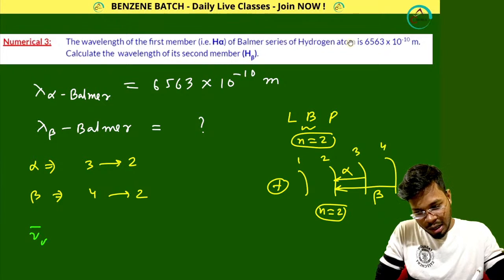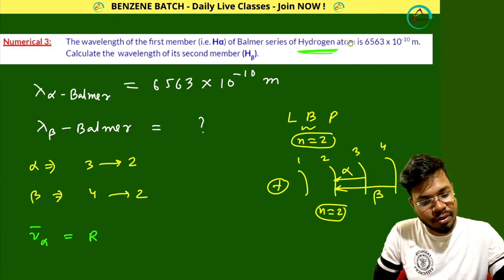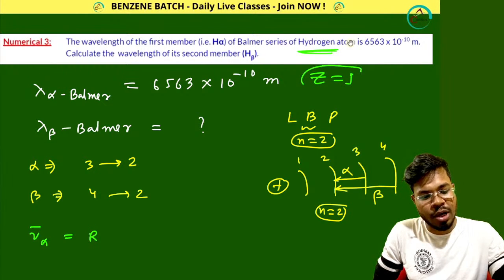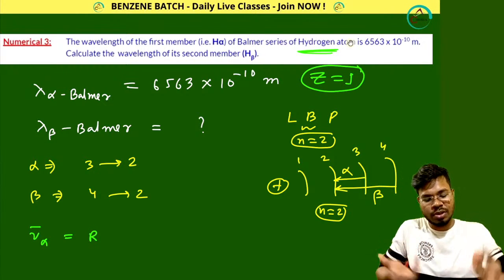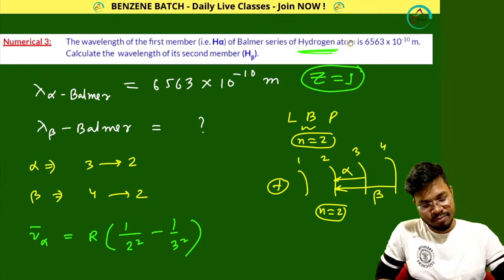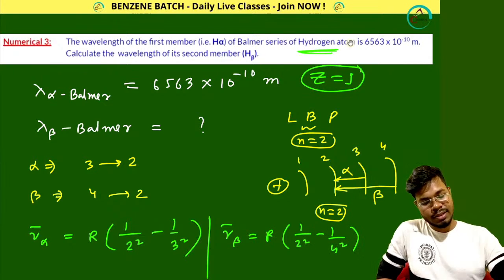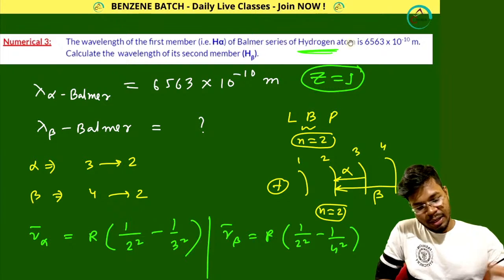Nu bar alpha line equals to R, and Z equals to 1 for the hydrogen atom, so I am ignoring Z, okay? Times 1 by 2 square minus 1 by 3 square for alpha. Nu bar beta equals R into 1 by 2 square minus 1 by 4 square. These two values, and the unit will be